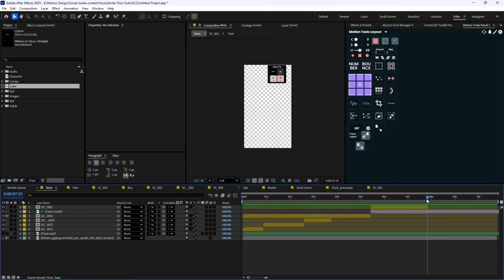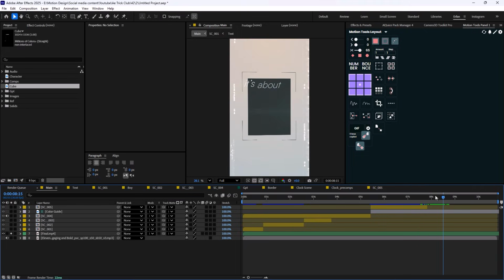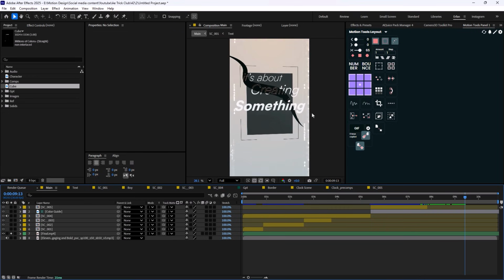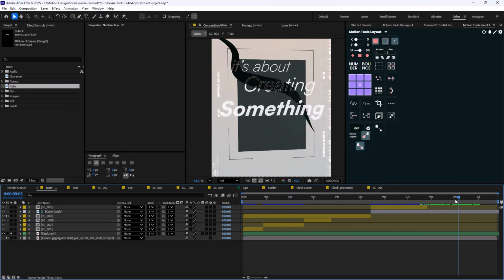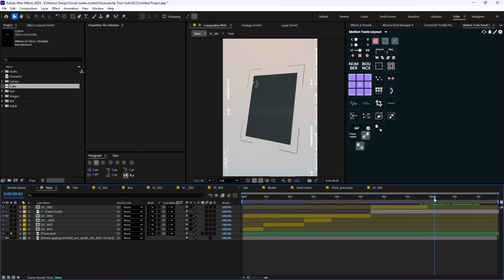Alright, so now it is time. If we reveal the reference, we want to create this rectangle with text on it, and as you see, sort of a taper line comes and creates another text animation, and then it slides up for the final scene. So let's just start with making the scene. It is just super simple.